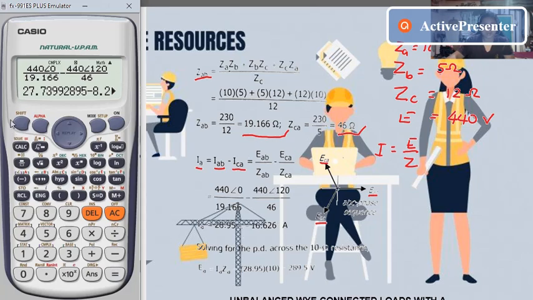So for our IA, just convert to polar form, so our IA will be 28.95 with an angle of negative